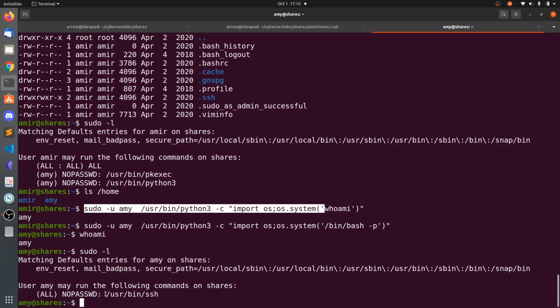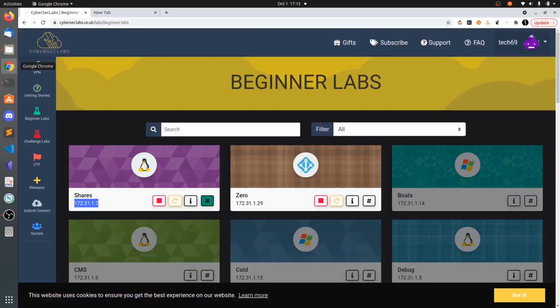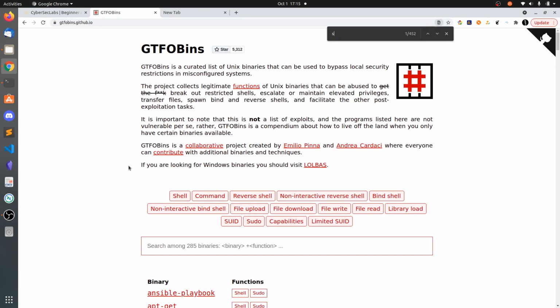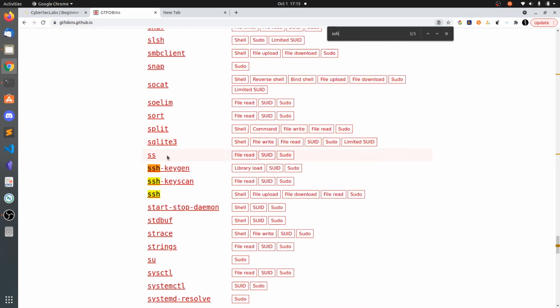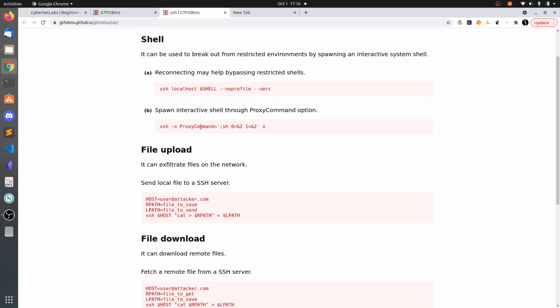And we can run the SSH command as any user with no password. So let's go to Chrome and let's go to GTFOBins. Now search for SSH. So let's open this, and here you can see we can spawn an interactive shell.